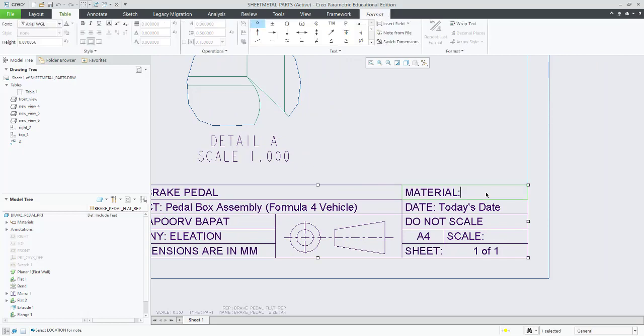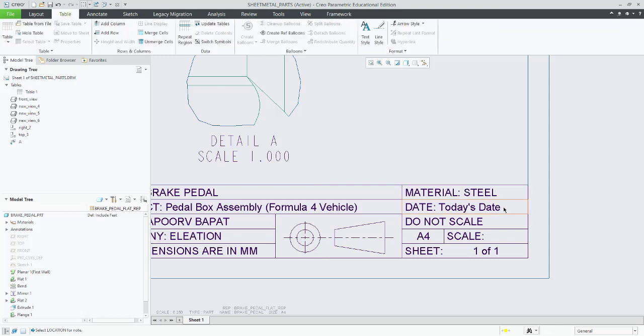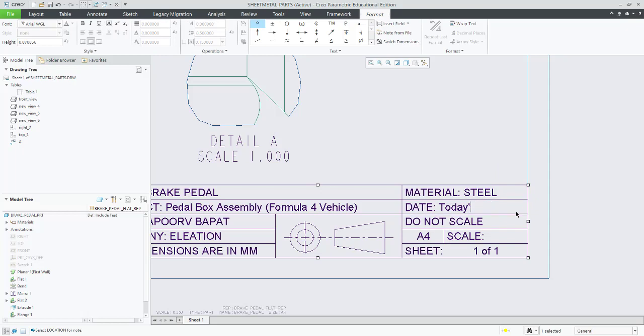Next is material, so material is aluminium 6. Okay, so this is not aluminium, let's say this material is steel. Then in date you can define the date when it is created, and finally you can define the value of scale as 0.4.